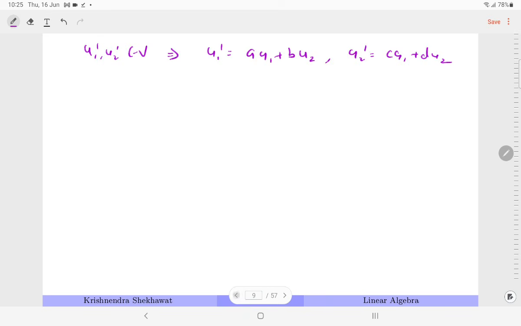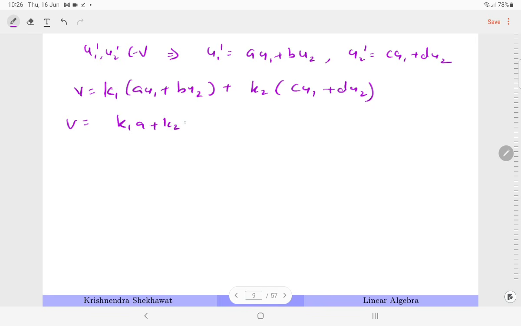And if I substitute the values here in V, then V becomes K1 (A U1 plus B U2) plus K2 (C U1 plus D U2),